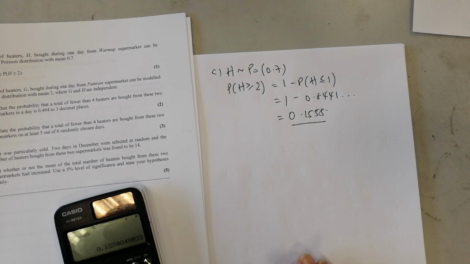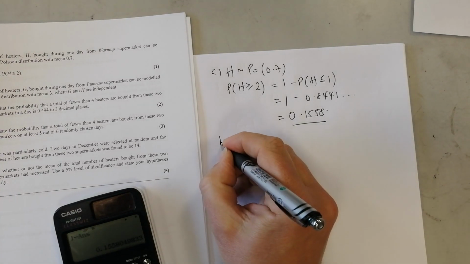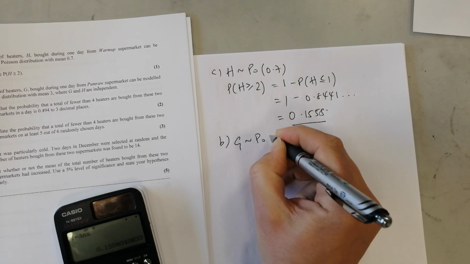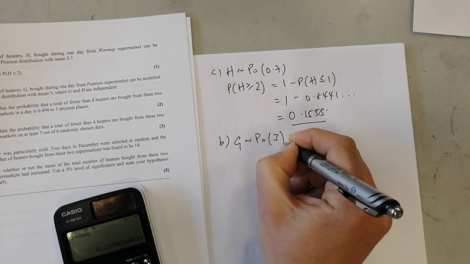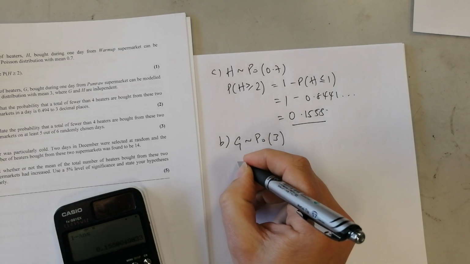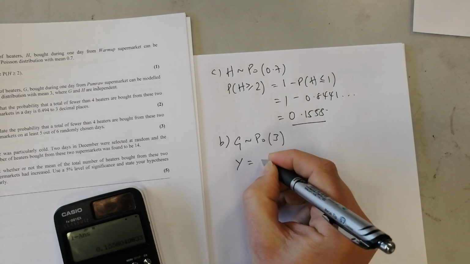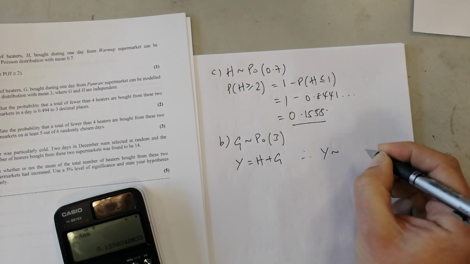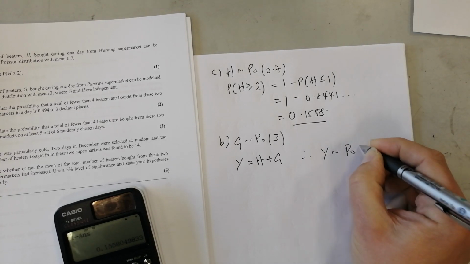Okay, part B. The number of heaters G bought from the supermarket can be modeled by Poisson with mean 3, which is independent. So G is distributed Poisson 3. Show that the probability that fewer than 4 heaters are bought from the 2 supermarkets is that. So let's say Y is equal to H plus G. Therefore, since they're independent, Y is distributed Poisson